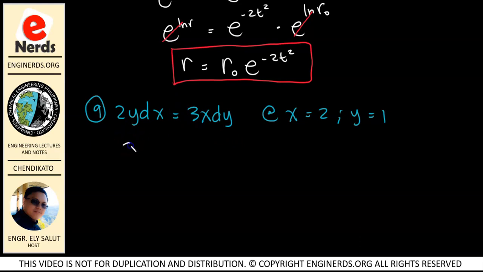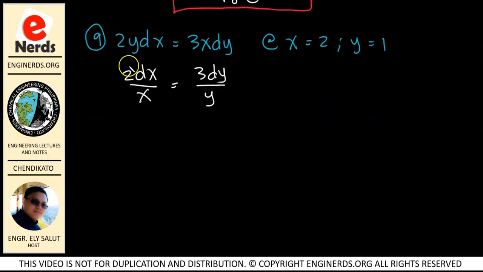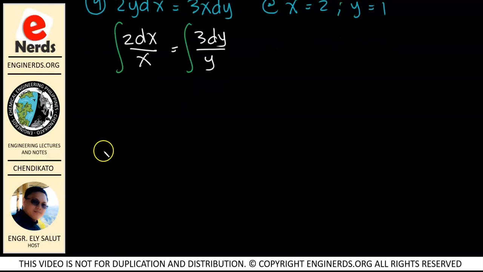Okay, so I will have 2 dx over x is equal to 3 dy over y. Okay, and now we're going to take the integral ng ating mga terms. So, the integral of 2 dx over x will be 2 ln x, and this is equal to the integral of 3 dy over y, which will be 3 ln y, and this will be equal to,